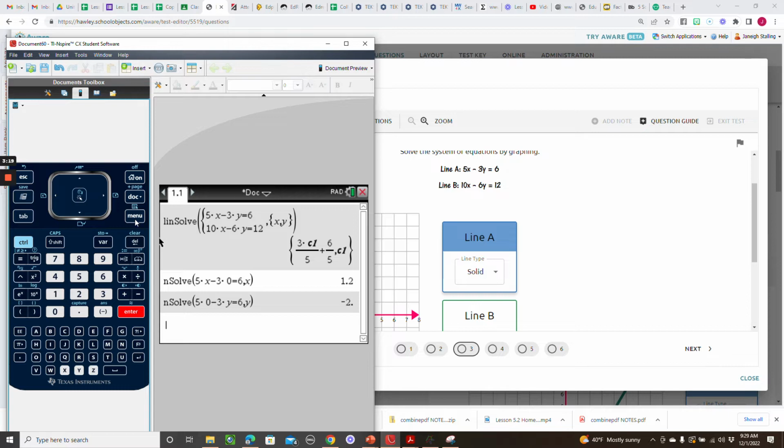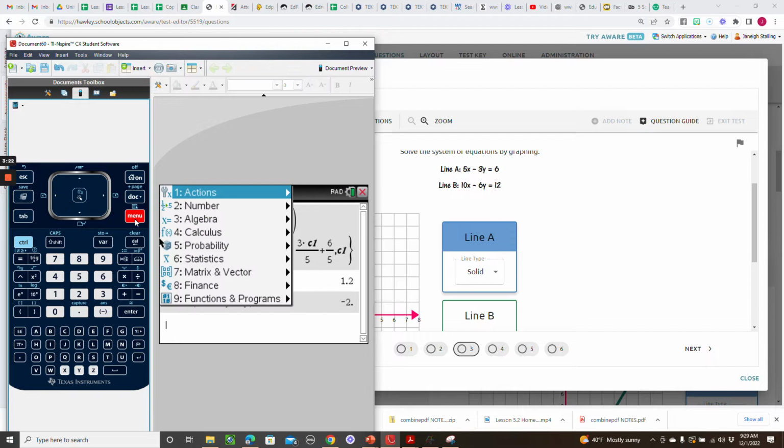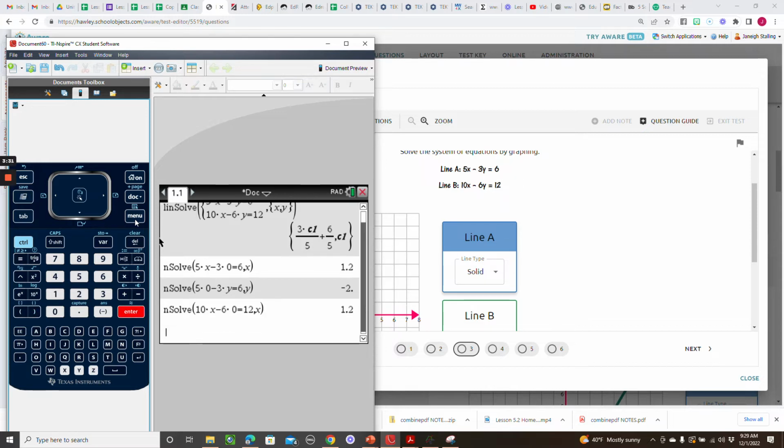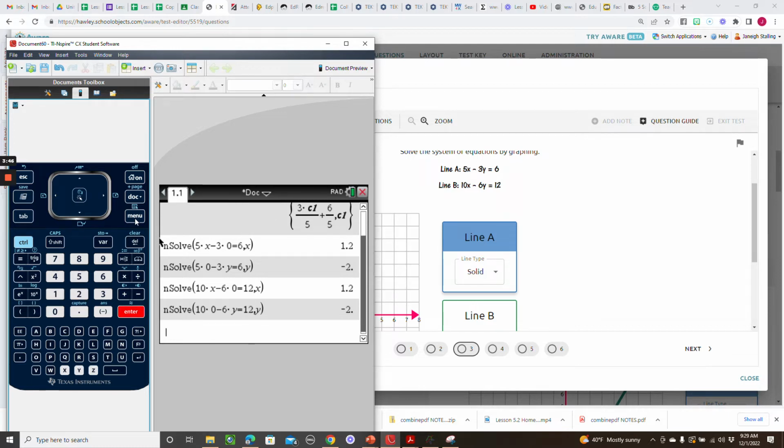All right, so we can do menu 3-1, 10x minus 6 times 0 equals 12, comma x. Well, that's a gross point. Menu 3-1, 10 times 0 minus 6y equals 12, comma y. Well, it gives us the same point. So we're still only left with 1 point. We've got to have 2. So,